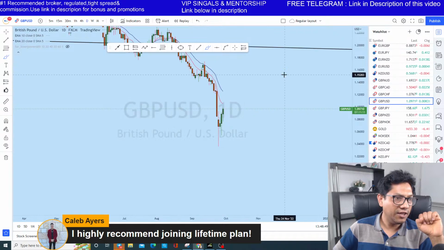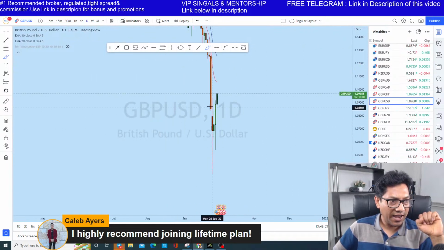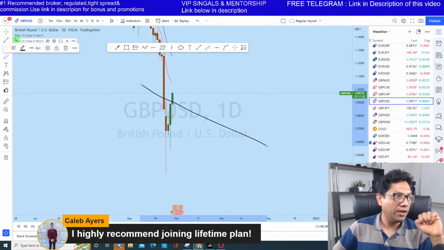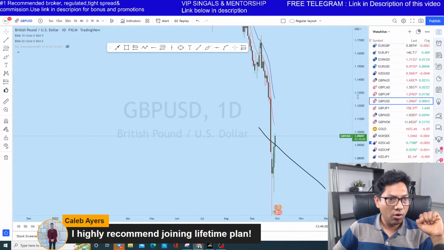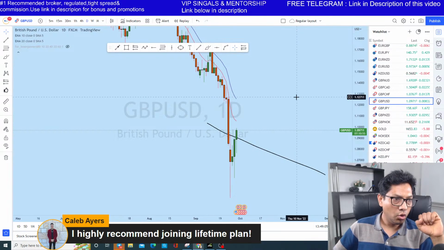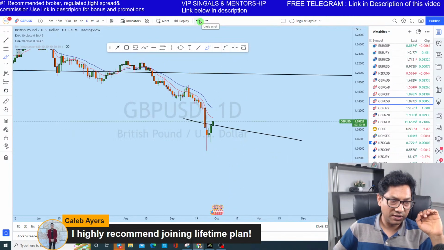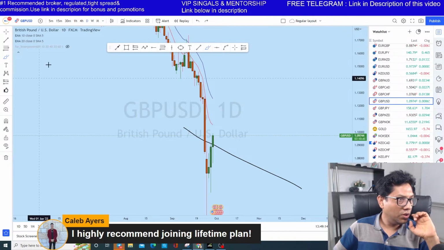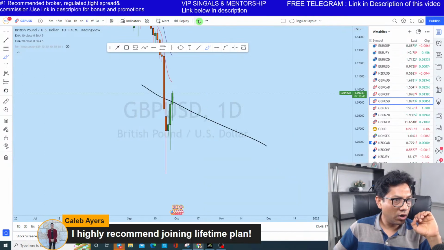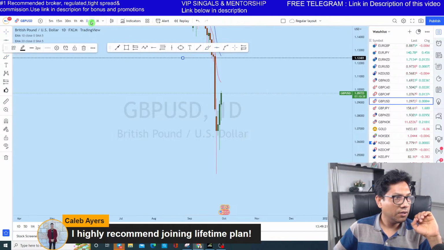Now looking at the daily, the way the price action formed, GBPUSD has broken this daily trend line. You see that this is the daily trend line. What I think now, in the primary movement, we could see a retest of the daily 20 period moving average. It doesn't guarantee. So with that said, let me look at the 4 hour. Let me draw a level here as well on the daily.